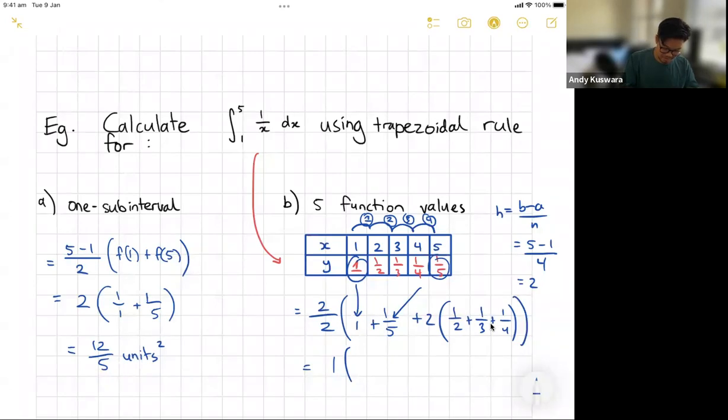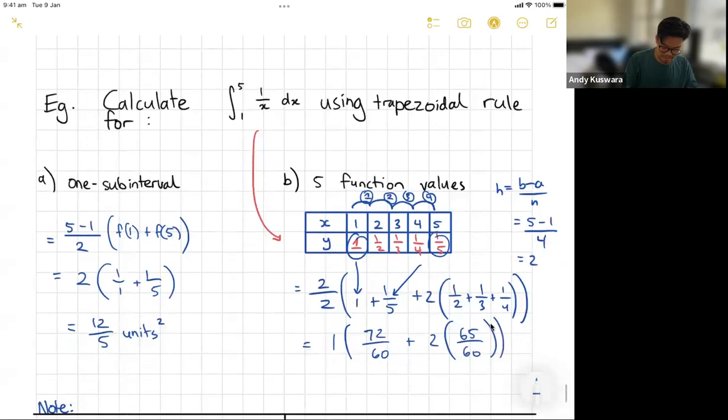So it would be, oh man, 60. Oh, am I going to do this in my head? Someone with a calculator, see if you can beat me to it. I'm going to go with 60, 72 on 60 plus 2 times, okay, let's see, 30 plus 20, that's 50, 50 plus 15, 65 on 60. And this is going to end up becoming 72 on 60 plus 130, that's going to be 132 on